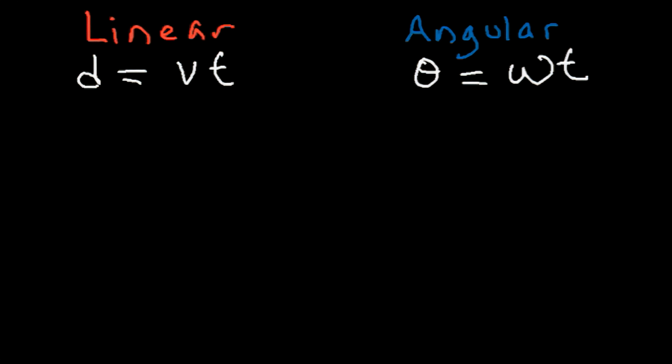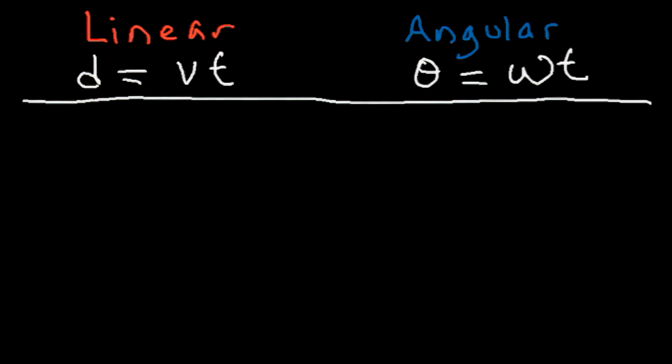So this is at constant speed, if there's no linear acceleration or angular acceleration. If v and omega are constant, then those two equations apply. Now, if they're not constant, then let's say if we have constant acceleration,